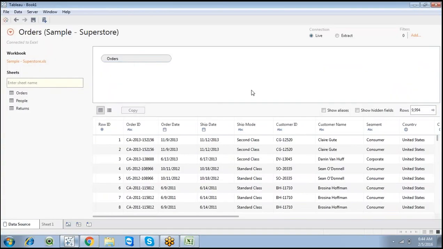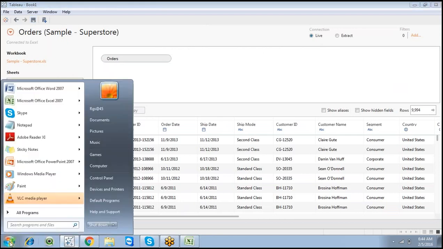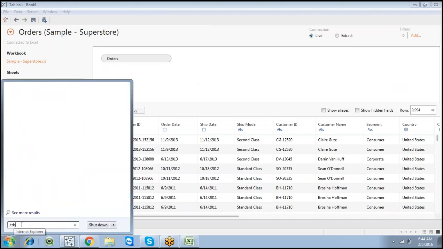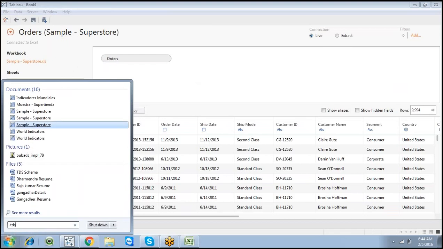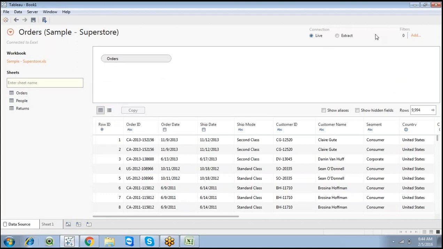Just go to Tableau. When we are working with a live connection, you can save a workbook, but it does not show the .tds file. But I can showcase it in my lab. Now you can see the symbol of the connectivity .tds file, Sample Superstore data. By default Tableau generates a .tds file.